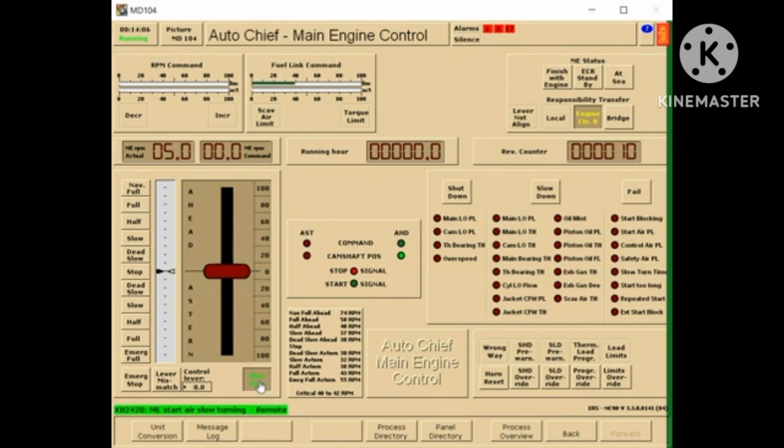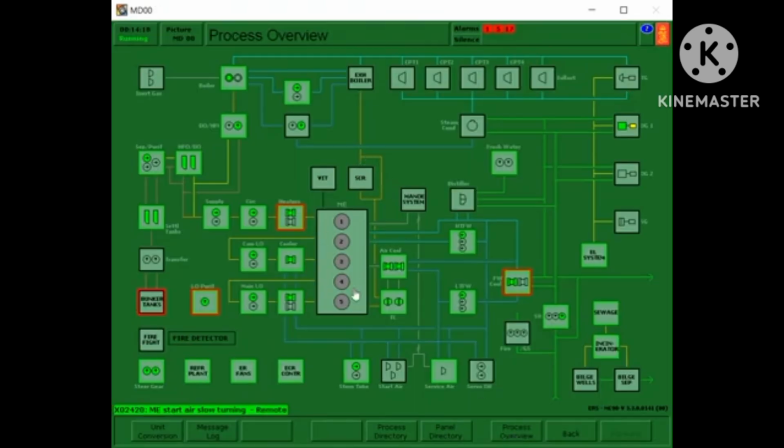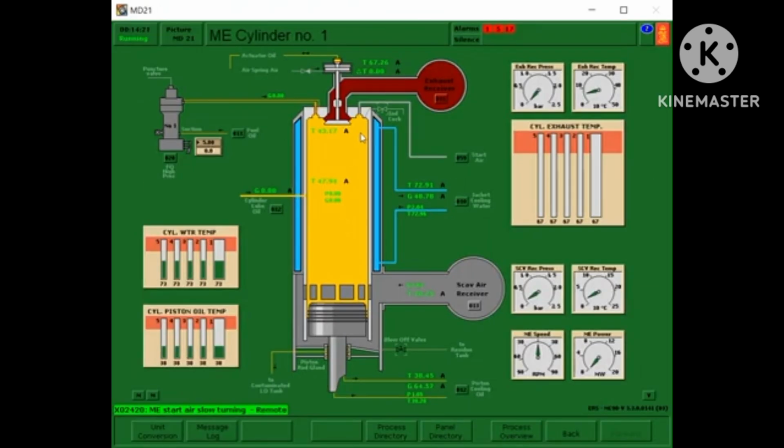So slow down. As you can see, it is running. Then that indicates good. So we need to go to process overview. We need to turn it off.